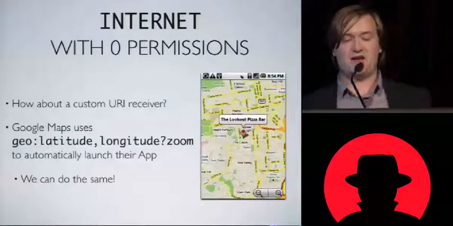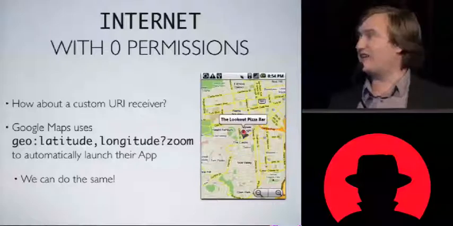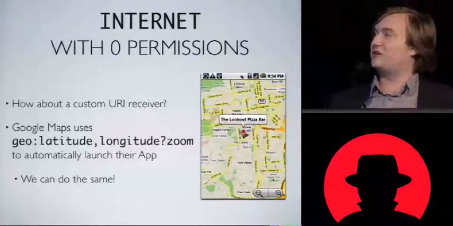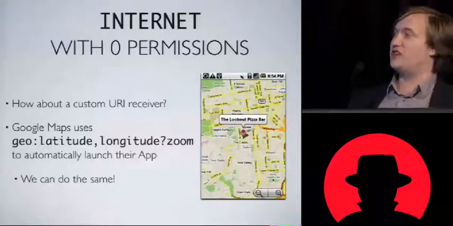So how about we try something else? How about a custom URI? We can register, or Google Maps registers for the protocol geo, like call in